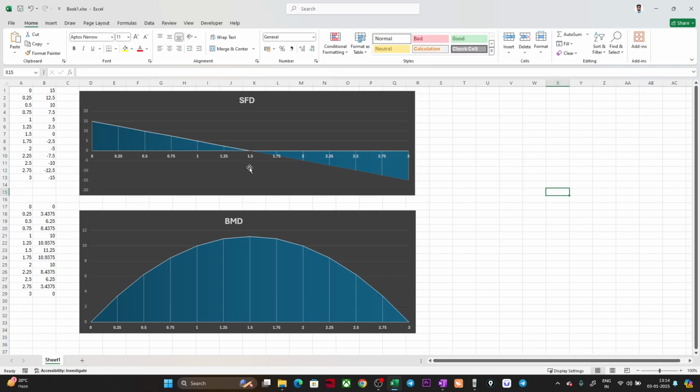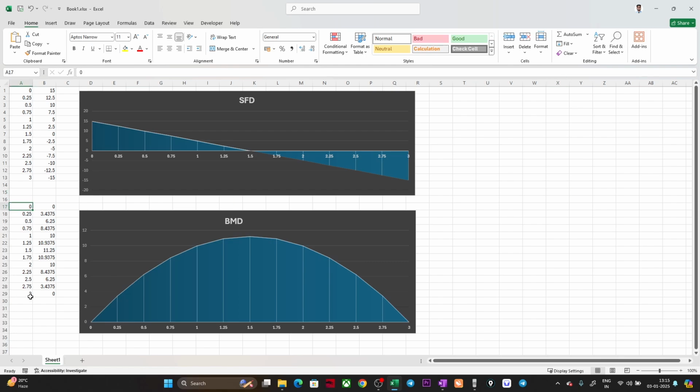Let it be. So here at 0.25, what is the value? 0.5. So you can see it is varying. It is 0 here, then it is getting negative. It's changing the direction from here. Okay, fine. And if you see the bending moment diagram, as I have drawn a parabolic shape, so the same way